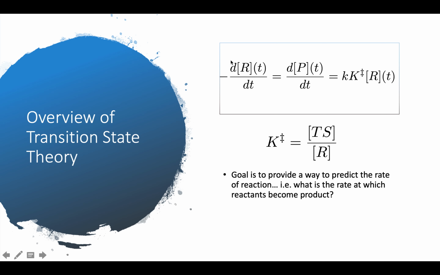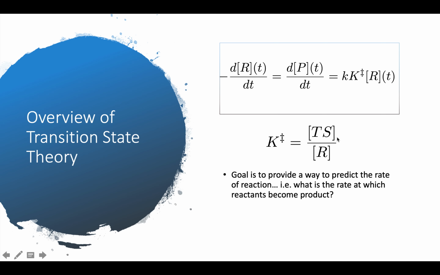So we can basically say that the rate of consumption of reactants, negative dR/dt, is equal to the rate of formation of products, dP/dt, and all of this is equal to these two constants times the reactant concentration as a function of time. Okay, and so this part of the constant here, k double dagger, is the equilibrium constant for the transition state